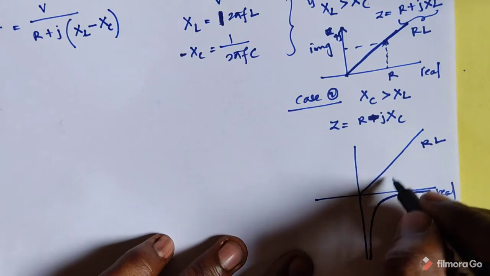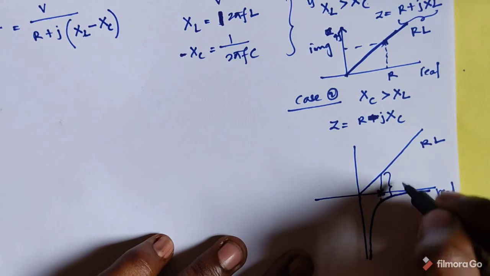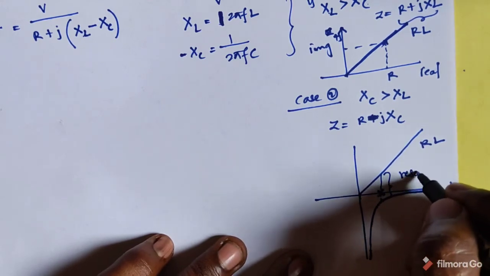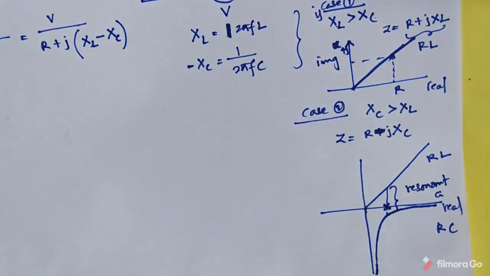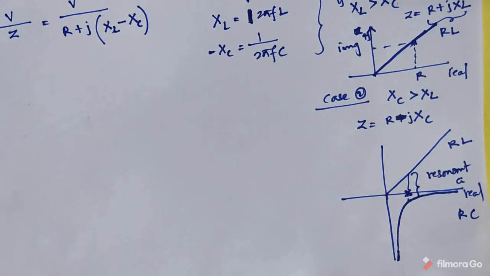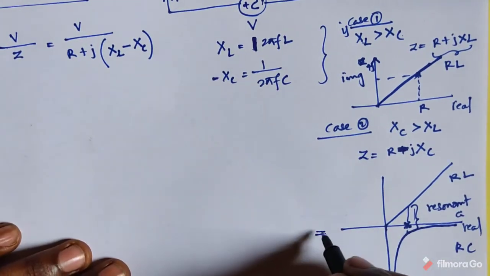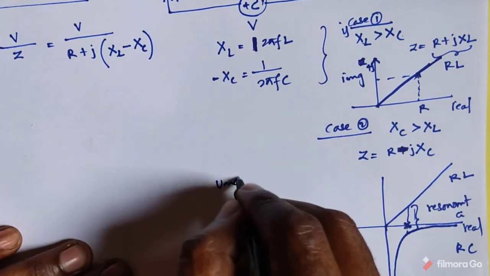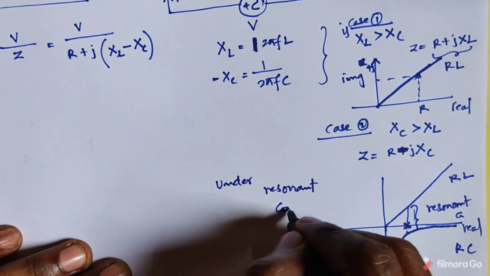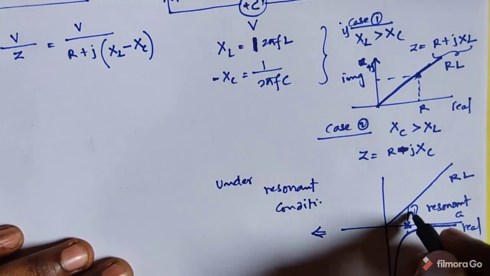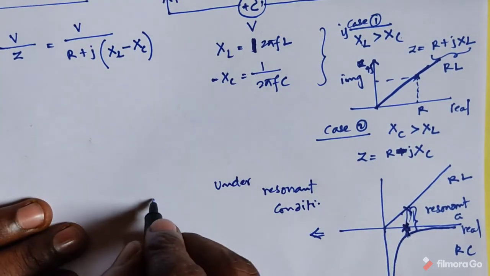So what is the meaning of this resonance condition? At a certain level, both values are the same. This type of range is nothing but the resonant condition, the resonant circuit. Based on this resonant condition, you can calculate the total impedance. This frequency can be represented as such under the resonant condition, where both values are the same. This is the actual point. You can identify this.